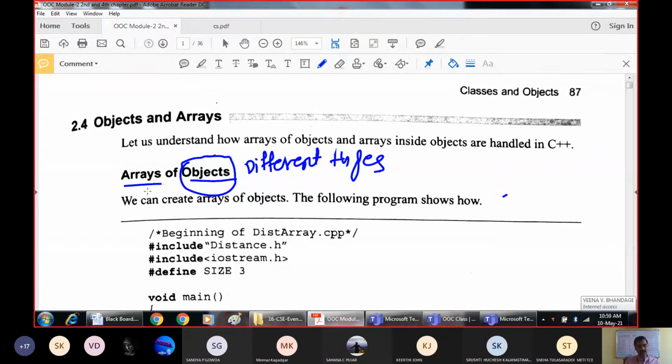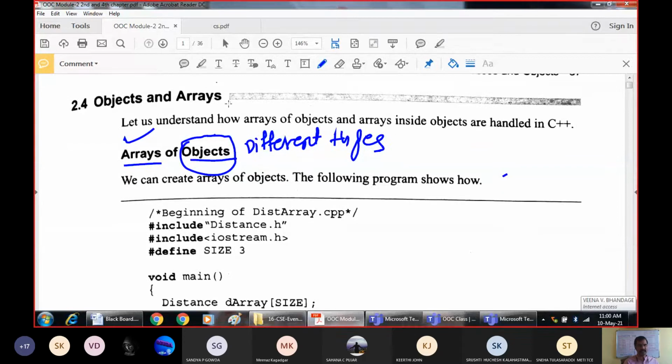So in this case, the array is containing data of different objects, where each object contains data of different types. Just like we have an integer array, a character array, and a floating point array, now we are studying an array of objects, an object array.